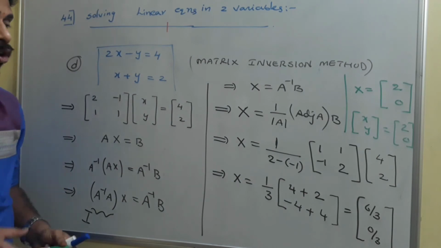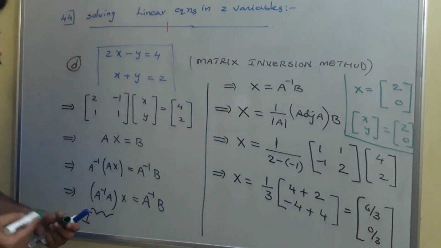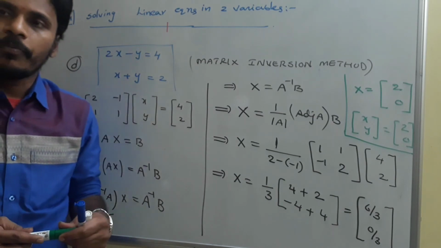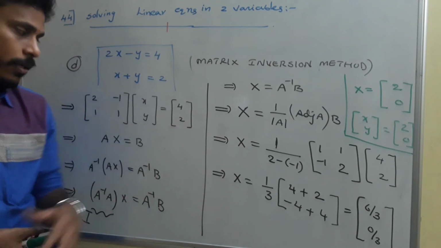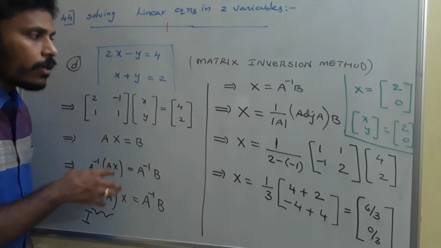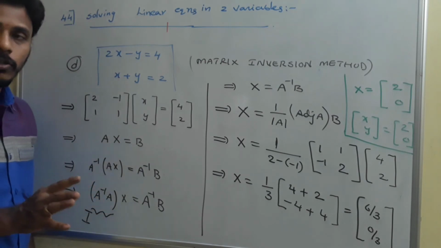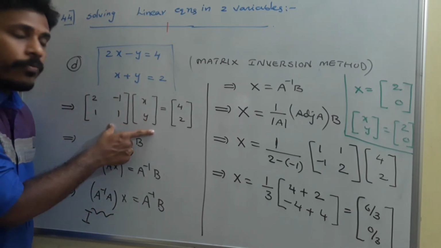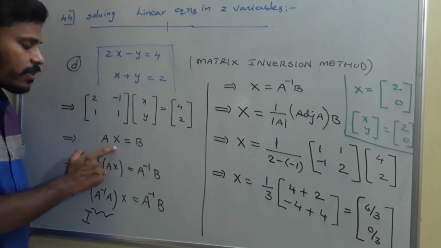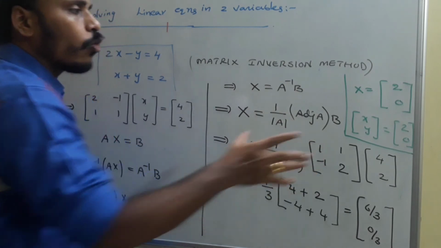Just have a look, and this is all the matrix inversion method. If you solve some problems, easily you will understand this matrix inversion method. So at the end, while solving by matrix inversion method, no need of these steps also. You just directly first convert this algebraic form into the matrix form and then directly write Ax is equals to B. From there x is equals to A inverse B and then continue like that.